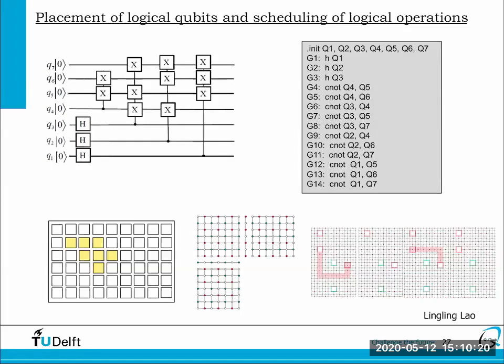One is using a planar-based approach, in which a patch of your lattice is a logical qubit, or just making holes. So scheduling logical operations is different from scheduling physical operations, and I will explain why. Because in defect surface code,